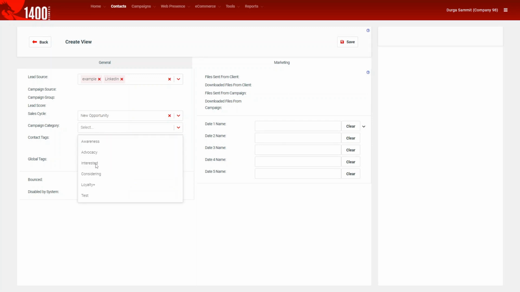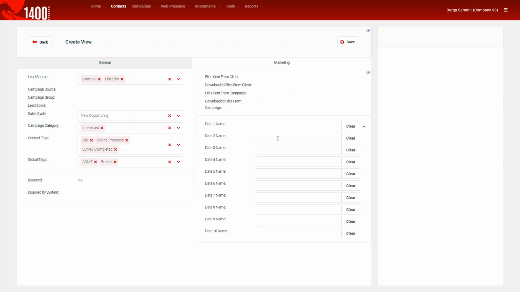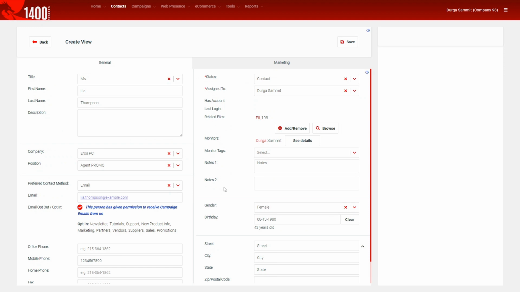But keep in mind, based on the rules you have in place in the funnel's configuration, they may be automatically updated based on the user interacting with the campaigns, emails, landing pages, polls, surveys, etc. Automation saves you time. As you can see, there are 10 date fields. The labels are configured from the settings in the Configure Editable Dates section. These date fields can be added manually or they can be populated by the user's activity automatically. There is special campaign email functionality for these dates and the birthday to enable you to automatically send relevant emails